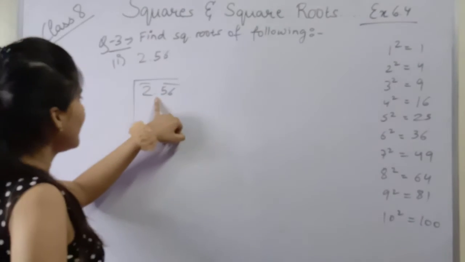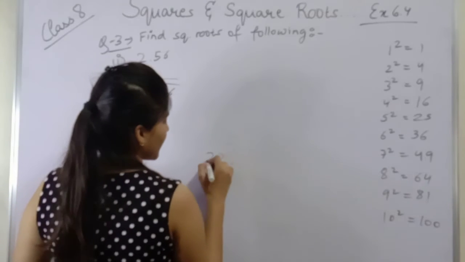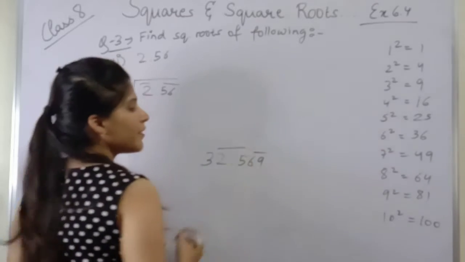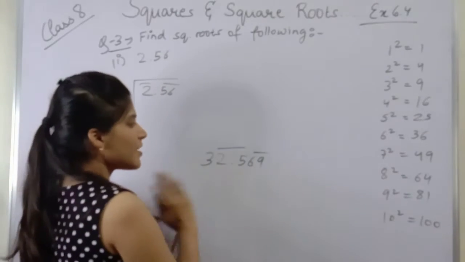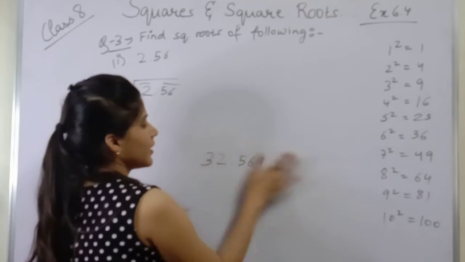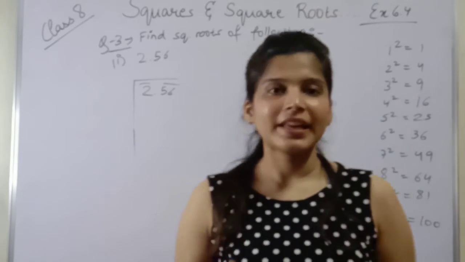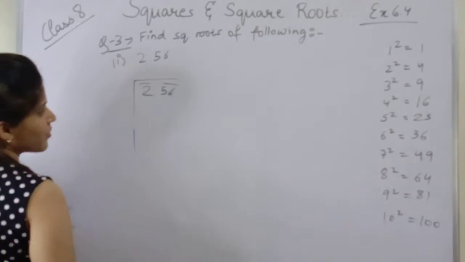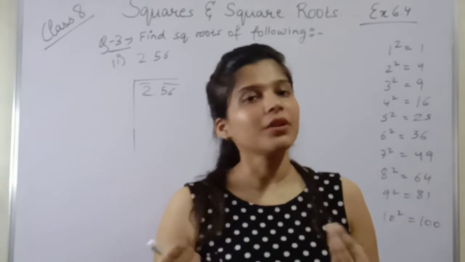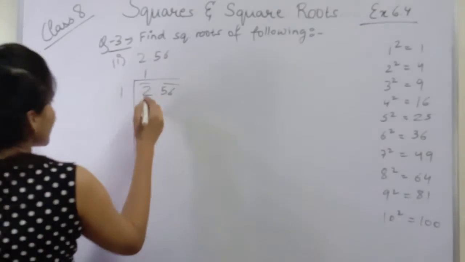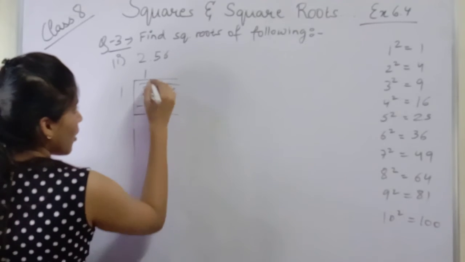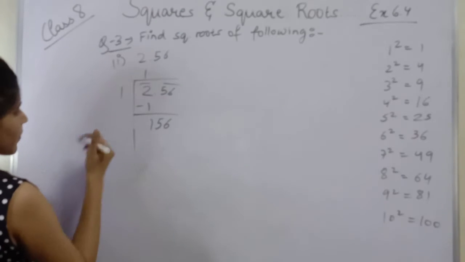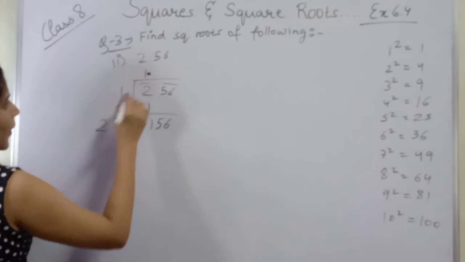Also I told you that कभी भी ऐसे हम इसमें बार नहीं लगा सकते. तो 69 वन पेयर हो गया और 25 वन पेयर हो गया। ऐसे नहीं कर सकते, बार को सेपरेट, डेसिमल को सेपरेट रखना है, ठीक है। कभी भी ऐसे डेसिमल को बीच में लेके बार नहीं लगाना। So now to 2 we know that 1 one sa 1 ही हो सकता है इधर, because 2 से smaller perfect square number 1 ही होता है। So 1 one sa 1, 1 is 1, point ऊपर आ जाएगा यहाँ से हटके, and 56, तो 156 रह गया, and 1 + 1 is 2। अब यहाँ पे point है, ठीक है।